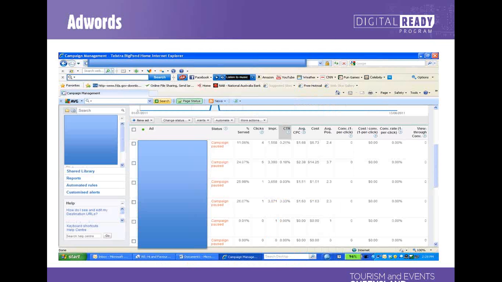Tiny bit on AdWords now. I don't spend a lot of time on this because it's a whole webinar in itself really, but this is just an example of an AdWords campaign report. So if you are not familiar with AdWords and you are wanting to try this out, this is the kind of report you'll get. What I would do is select your keywords, type your ad, set your budget, let it run for maybe 48 hours, and then have a look at your report. That should be enough to give you some useful figures, but keep looking at it, obviously.